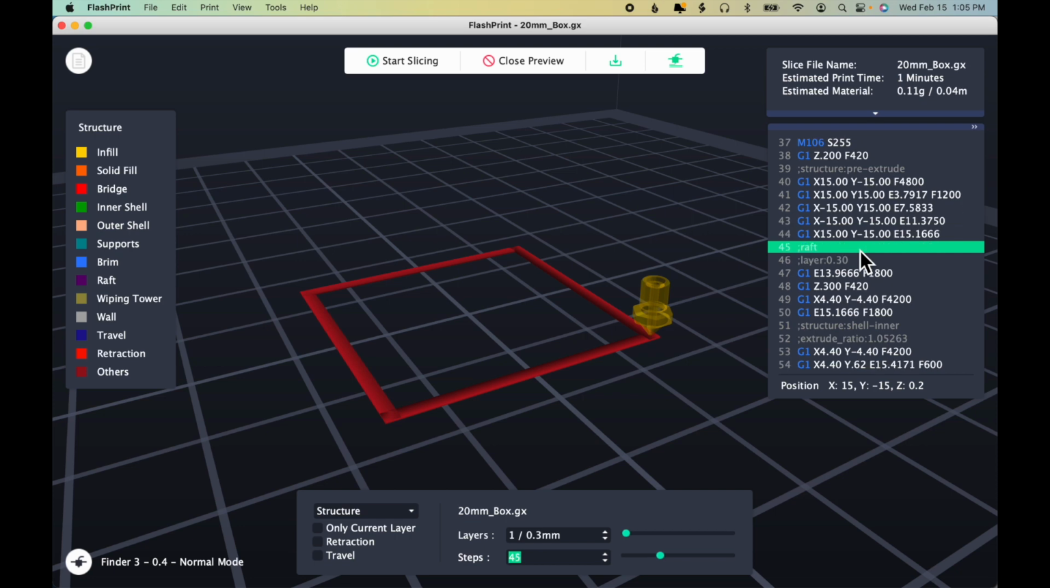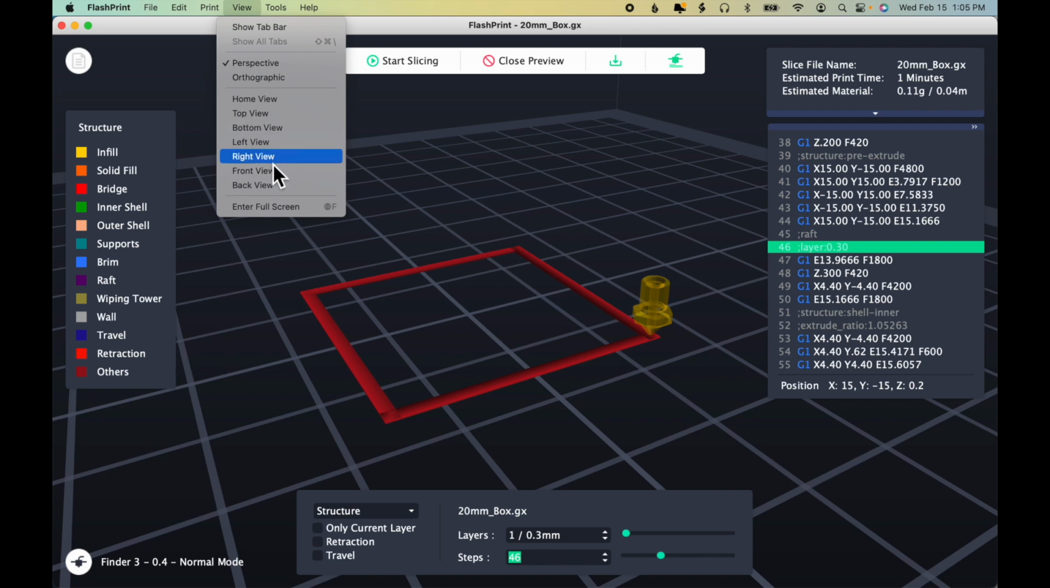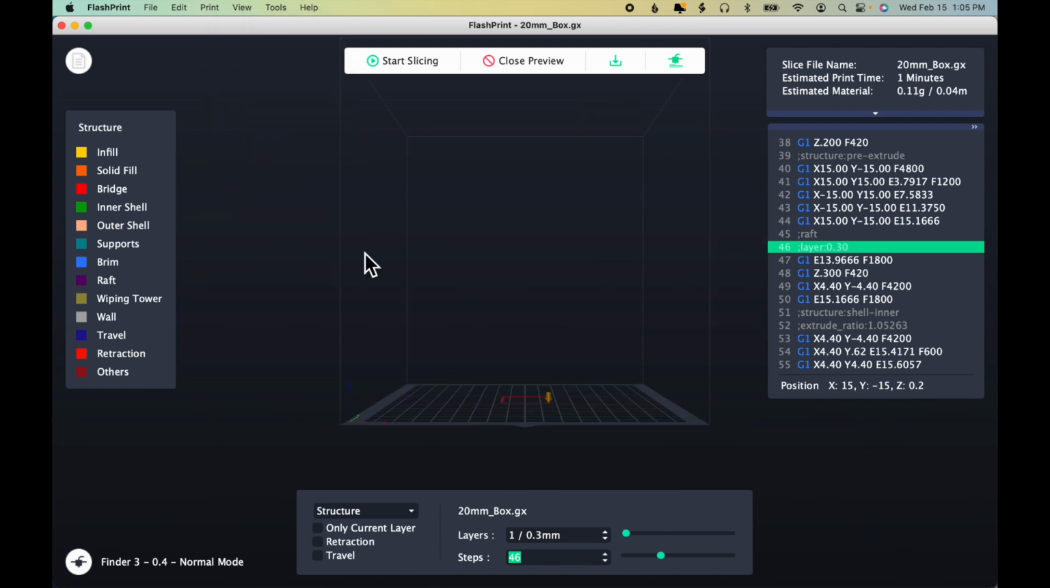Next is a raft. We don't have a raft, so we're going to skip to the next line, which is the first layer. And recall, we set the layers to be 0.3, so the nozzle will move up that distance from the bed. And we can see that more clearly if I go to the front view and also turn on orthographic view. So we're looking straight on